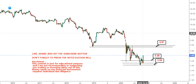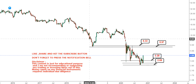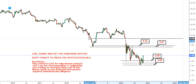Okay, on the upside you will have your first target or resistance at 5.97, followed by 6.32. Okay, so these are the two most important target or resistance levels which the stock is currently looking at on the upside. So this is the first thing we need to understand. And if the stock moves and sustains above 6.3 to 6.5, then you will have your next target at